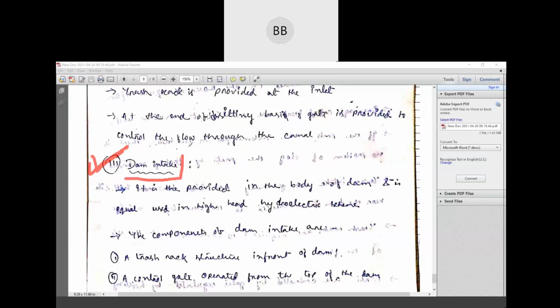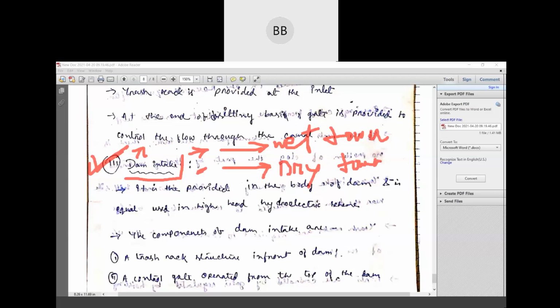Also, we have two types: one is low head gravity dam and one is high head gravity dam. Basically, in a low head gravity dam, or a smaller hydropower plant where we have used a dam, this is the general dam intake structure we are going to use. Then for the high head gravity dam, we have another two: one is wet tower intake, and another one is dry tower intake. This part we will discuss in the next class.